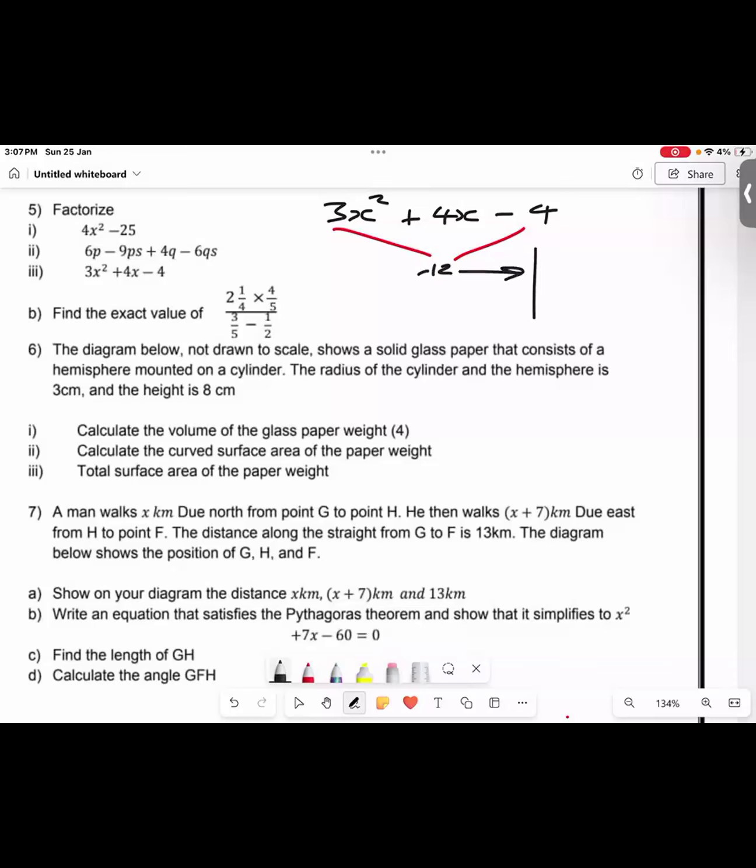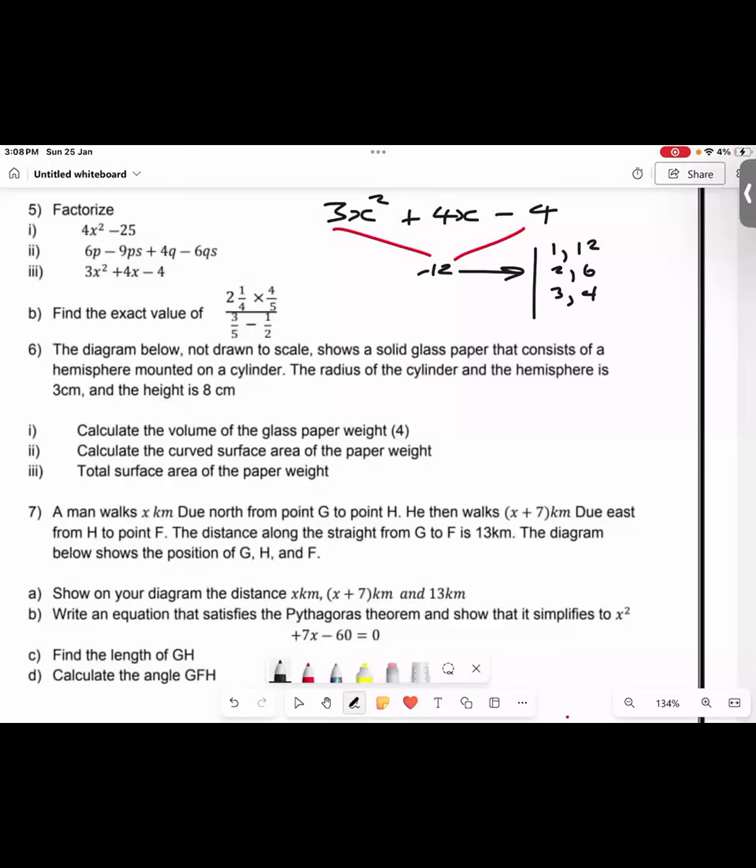What I'm going to do then is split up the 12 into smaller numbers. 12 is so big, right? Doesn't look like a big number, but it is. So we're going to break it down into smaller pairs. I want some numbers that will multiply to give me 12, but they must be smaller than 12. So I can try 1 times 12, that will give me 12. I can try 2 times 6, that will also give me 12. And I can also try 3 times 4, which is also going to give me 12. But listing them is the easy part. Choosing the correct one can sometimes be a challenge.